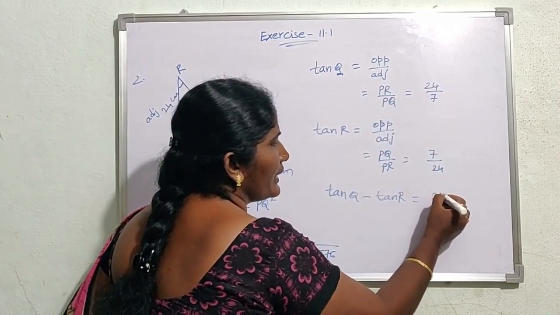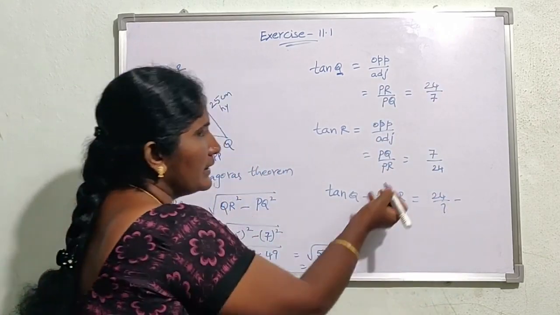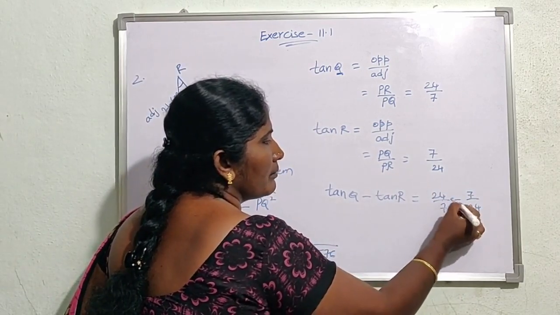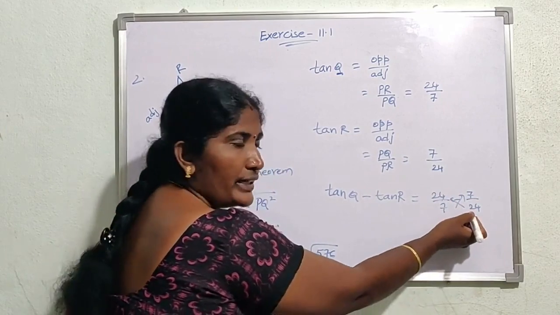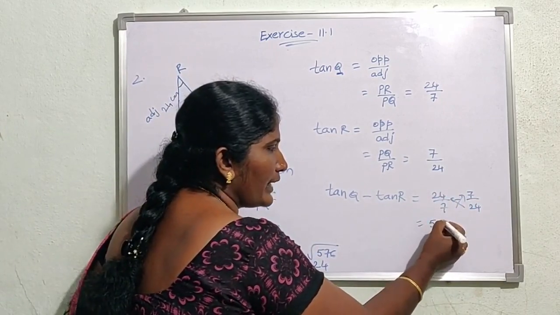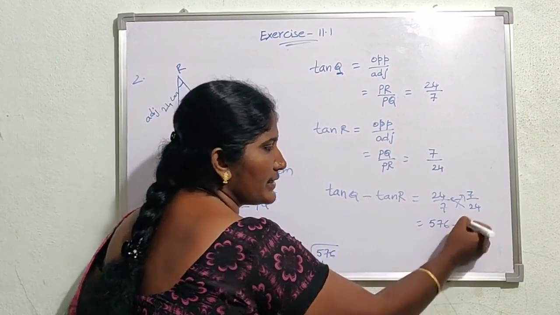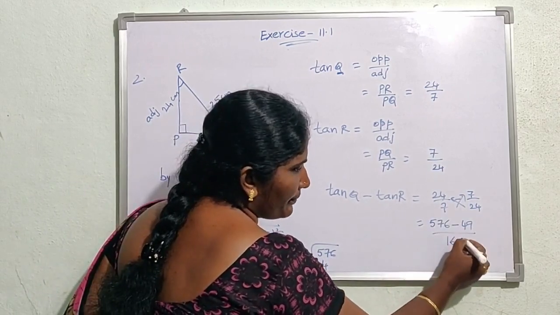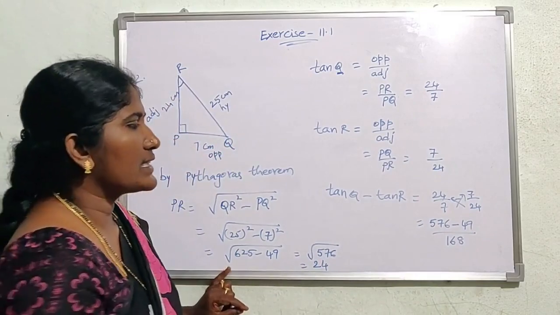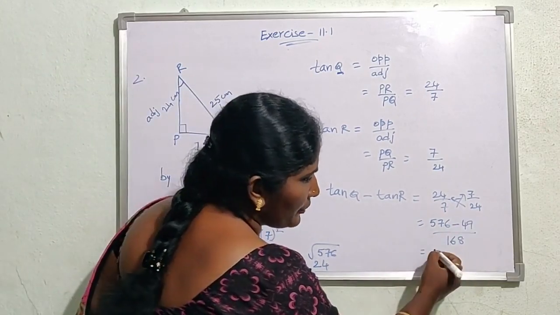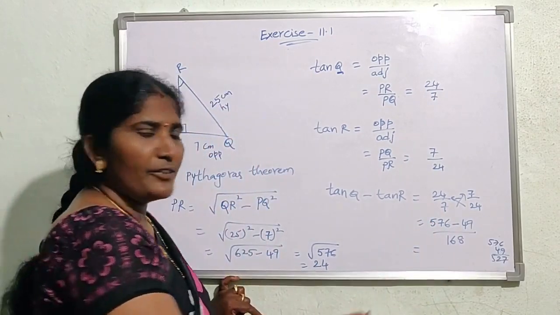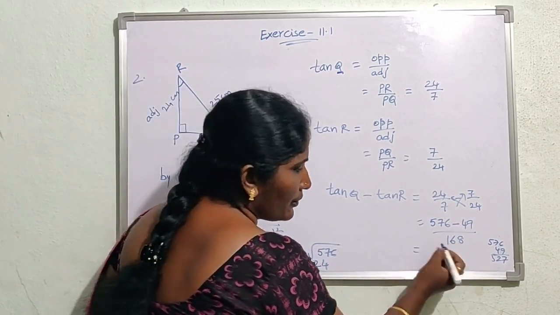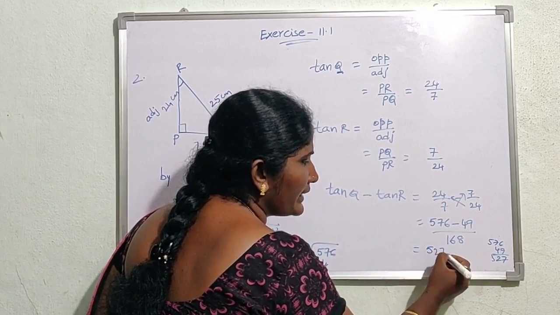Tan Q is 24 by 7, minus tan R, 7 by 24. By doing cross multiplication, 24 into 24 is 576, minus 7 sevens, 49, by 24 sevens, 168. By subtracting we get (576 minus 49) by 168, which is equal to 527 by